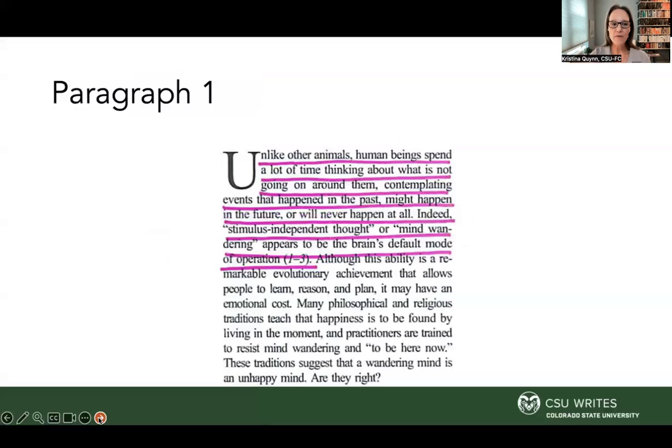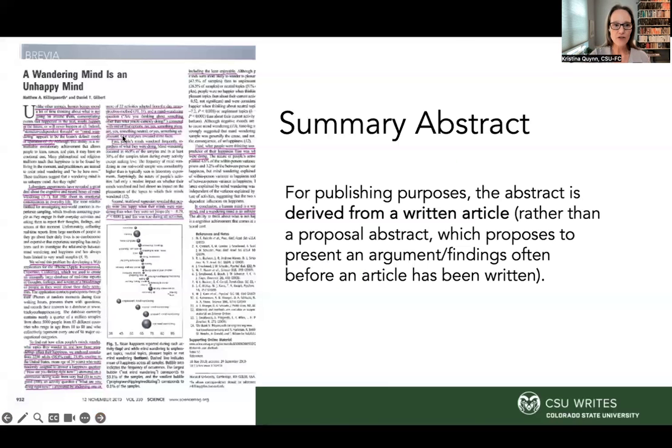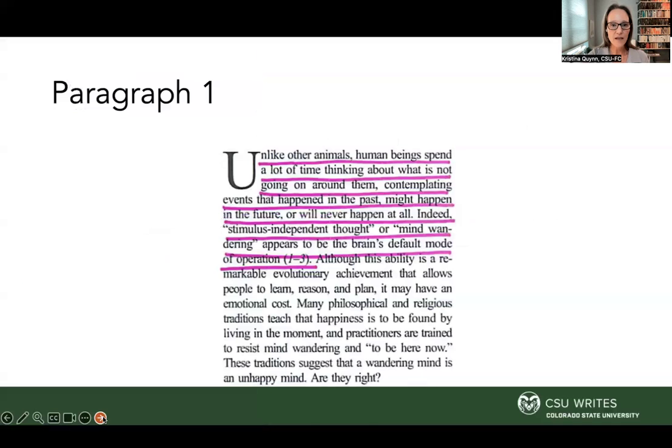So I'm going to take you through this paragraph by paragraph. If you look at how this Brevia piece is structured, there are 3, 4, 5, 6, 7 paragraphs, right? And so we've got all of them here highlighted, and you will find these sheets on the Canvas course. But we just want to go through and look at the topic sentence of each one. That's the point of that paragraph. So we're just going to land on the points. We're going to hit all the points to see what, if we shrunk it, right? If these are all the key points, if we have 7 points, how does that condense into an abstract?